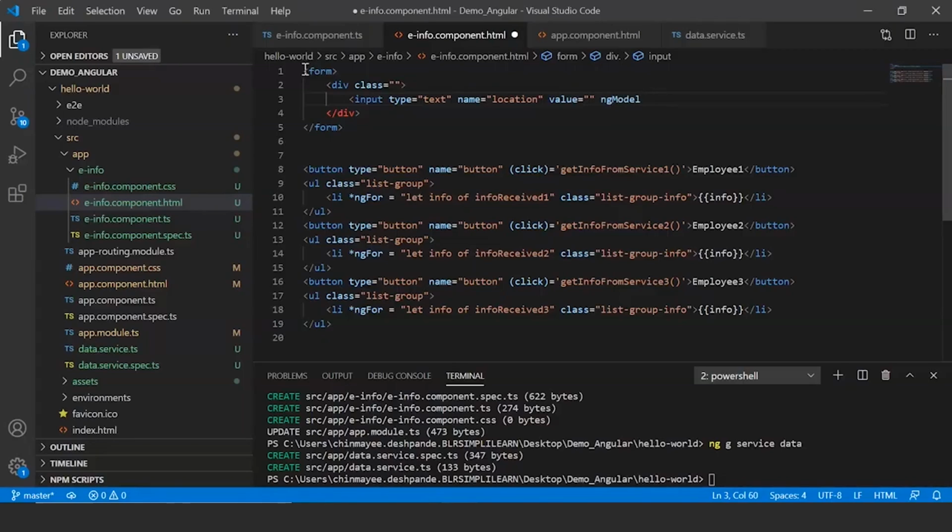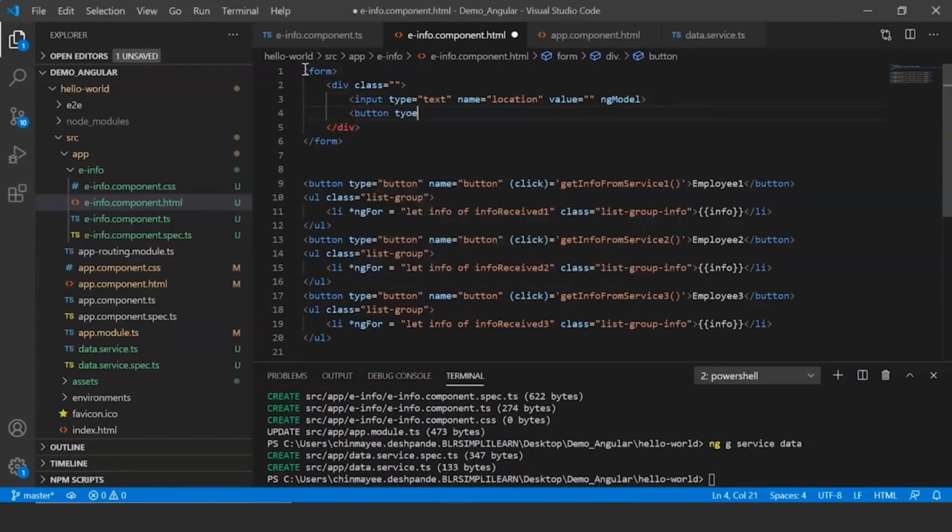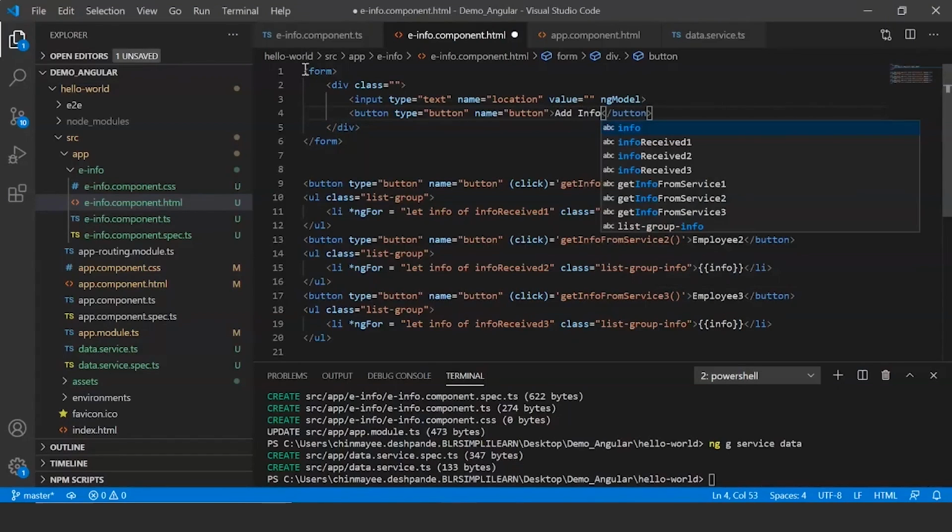So if you're confused as to what I'm doing here, then I suggest you watch the Angular Forms video. It basically teaches you how to work around with Angular Forms. Alright, and now after this we're gonna have a button. So let me say button, alright, and I'm gonna just say add info. Okay,